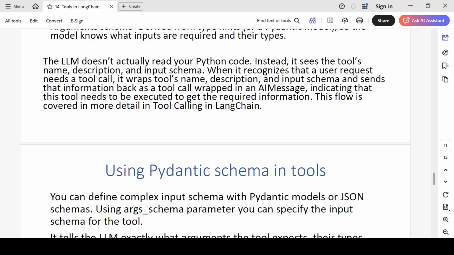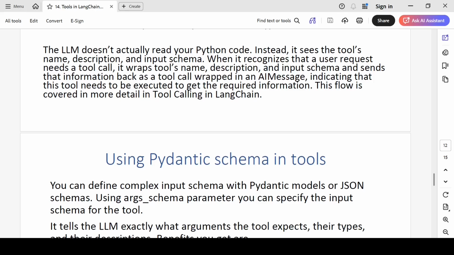So that also we have seen many times. What you send is a human message object, what is sent back from the LLM is the AI message. So within that AI message, it will send a tool call with all this information, that this tool should be called, that you get by name with some description and the arguments required to run it.